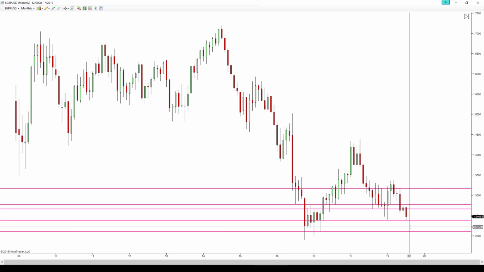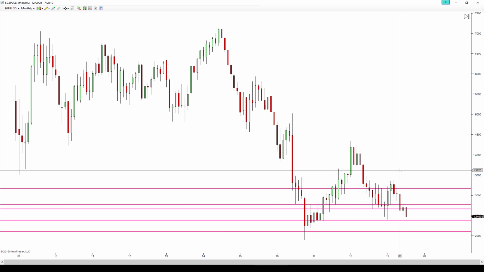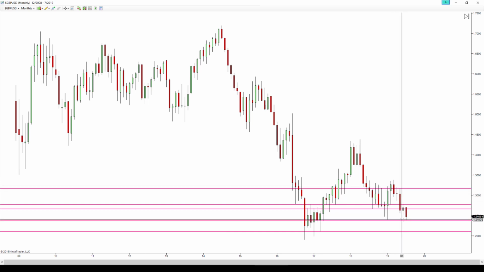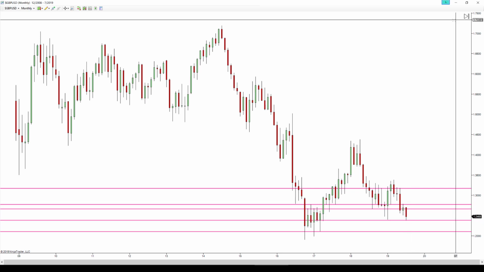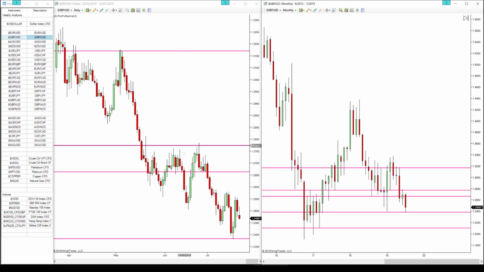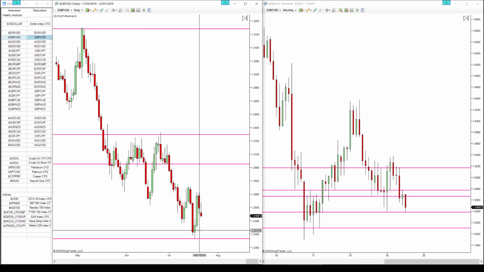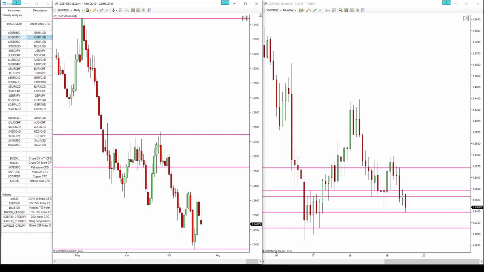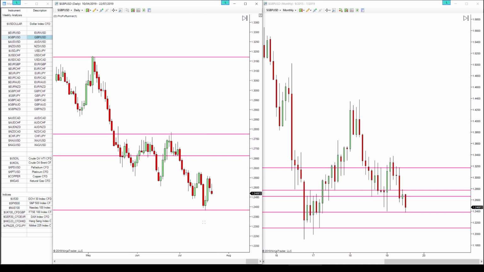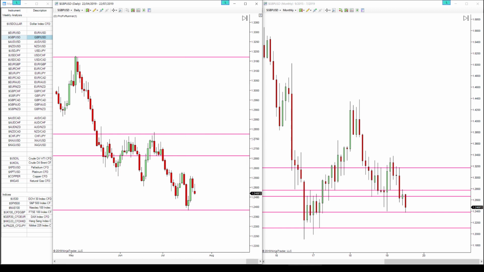Should there be any possibility of positive outcomes or hopeful sentiment coming out of the next few days, with regards to the results of the votes and the tone of the language of the parties, we're likely to see some response where the GBP potentially starts to strengthen. If we just look at it here in isolation, we have pretty much a downtrend in play. Price is going to be focusing on and reacting around these key levels on the daily, as well as the weekly and monthly time frames.